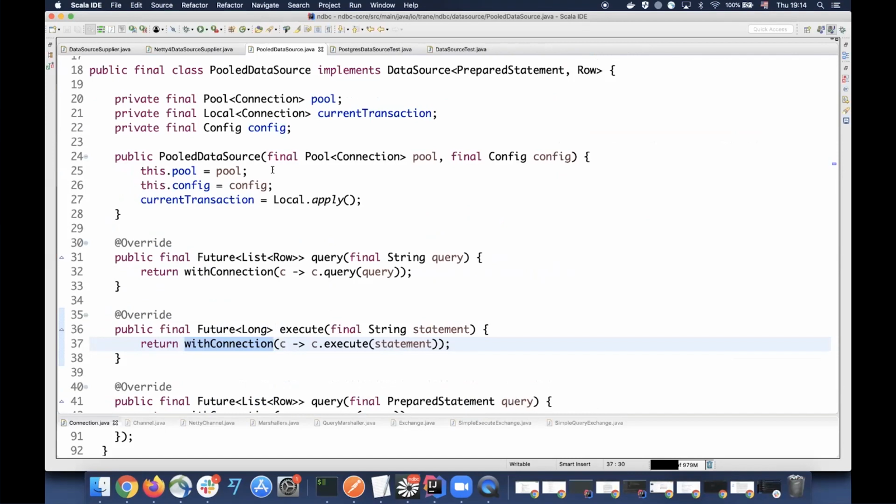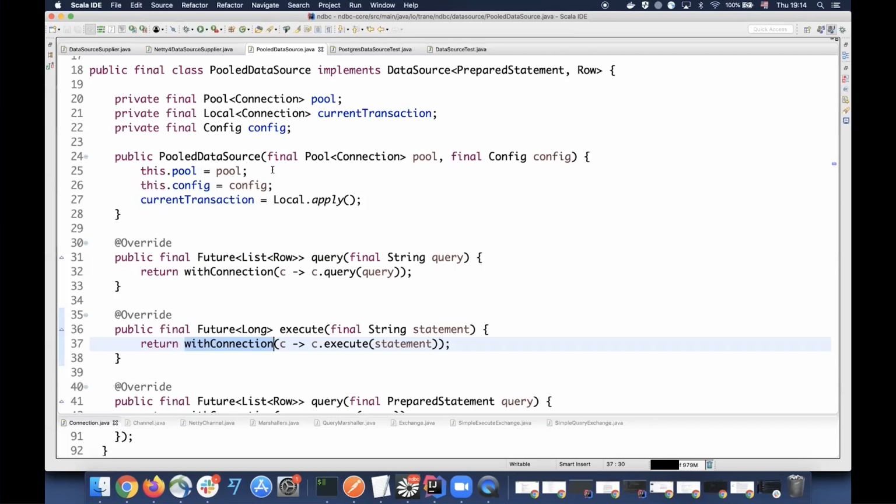There's a moment when you have to start the whole thing, right? Because thinking about futures, there's a moment when you have to eventually unwrap that. You have to say, okay, I want that result at that point. And you should do that at the end of the world, right? Or at the edge of your application. Sometimes you don't even see when it happens. If you're working with Spring, for instance, the ones that were there know what I'm talking about.